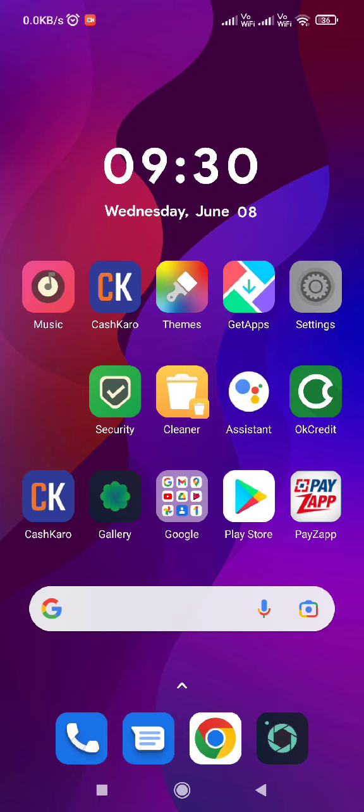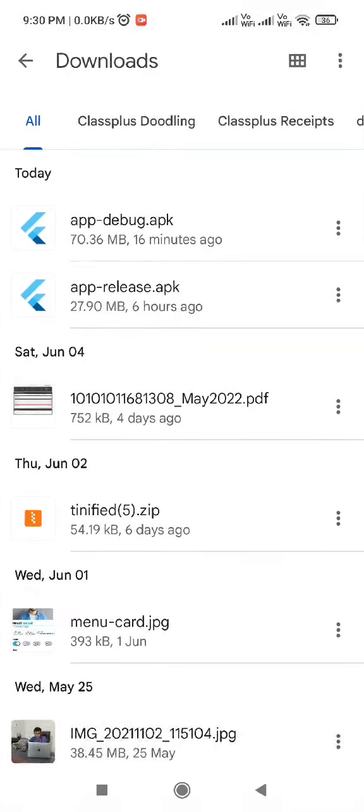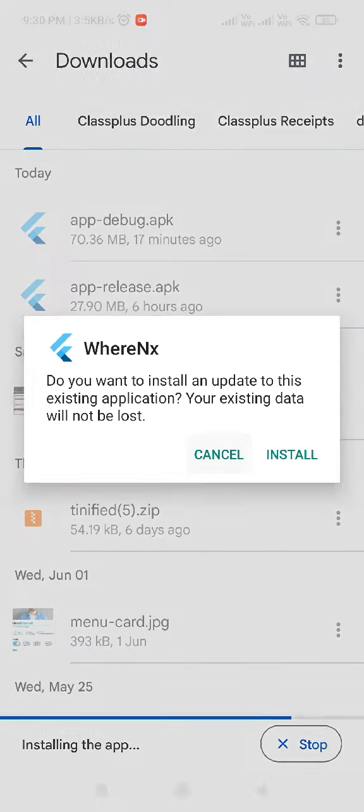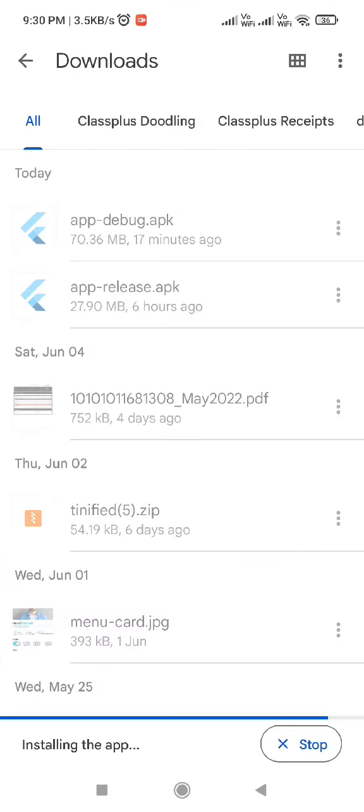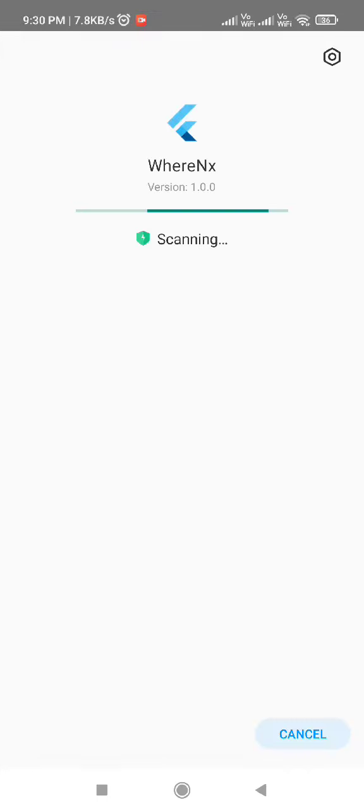Here I am going to show the demo of the awareness application for the Android versions. Just download the Android application sent by your team. Go to the file manager, go to the download folder and install the application. If any permission is asked, just accept everything because this is a development Android application. After installation is complete, just open this application.